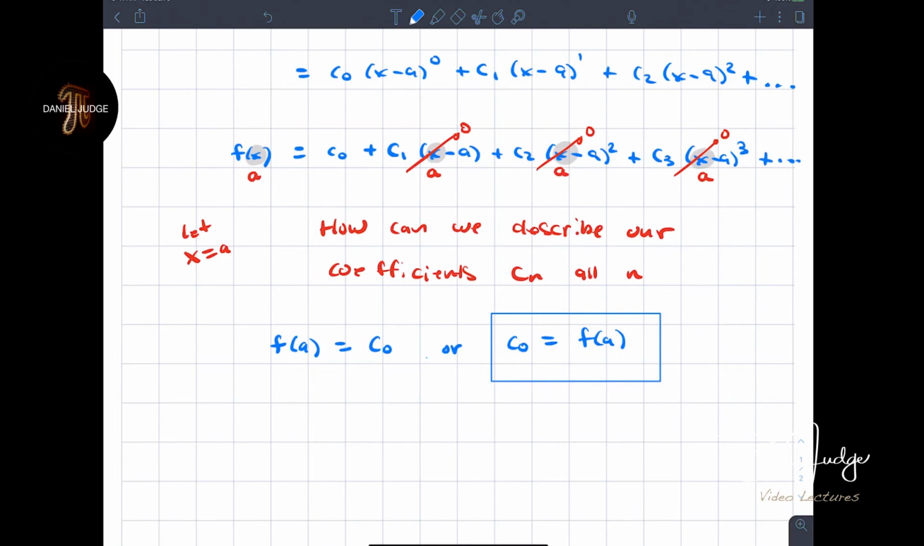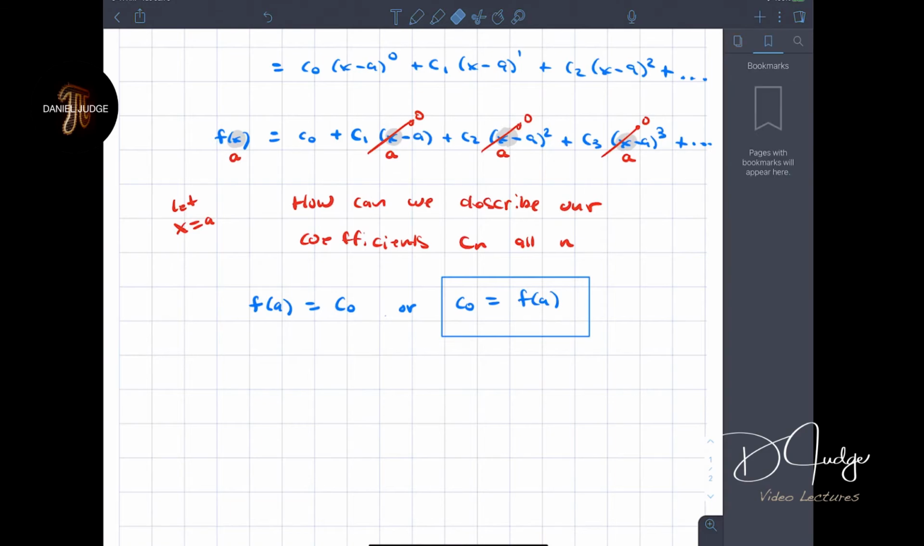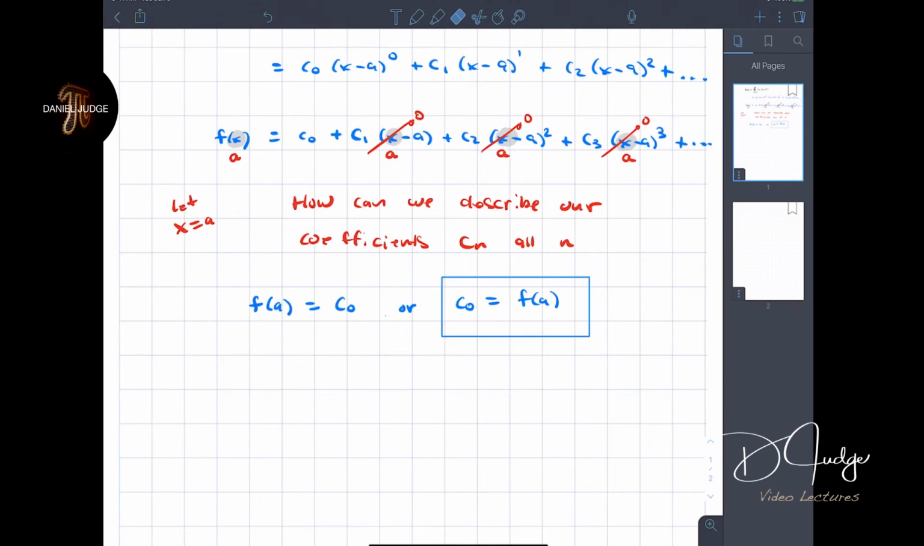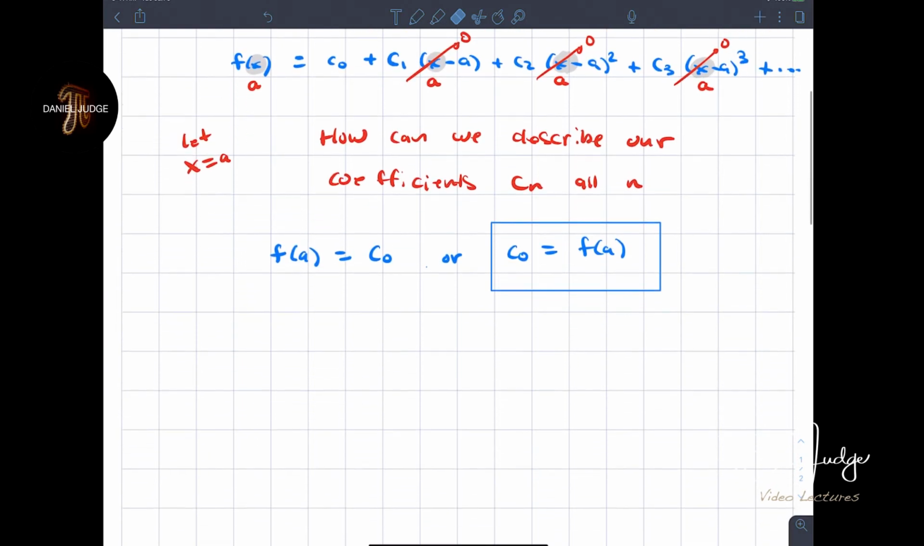Now, we've seen yesterday that we can differentiate. So what I'm going to do now is differentiate this function. So we're going to differentiate f. When we do, f prime of x, if I differentiate, will now be